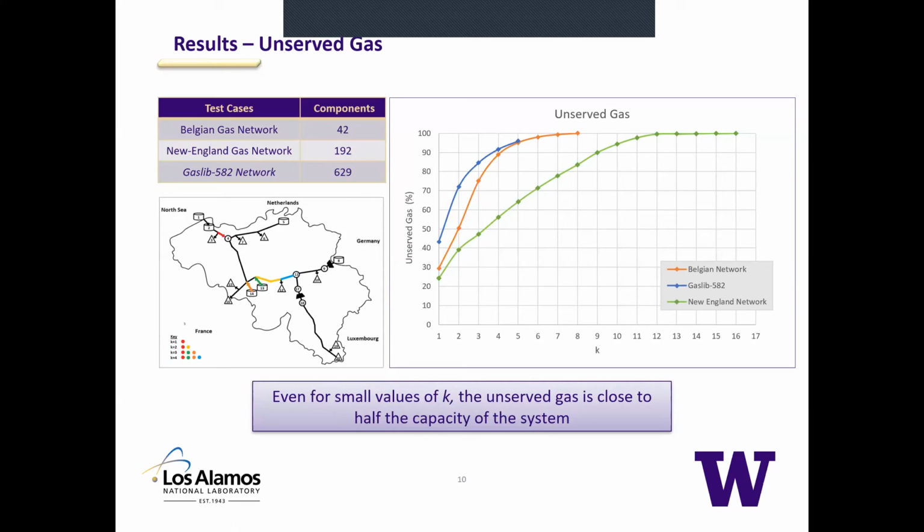And so this really lets us understand the vulnerability of having coordinated attacks or coordinated disruptions in the gas network in terms of loss of capacity to serve load. And to the left, you can see a diagram of the Belgian network, and we can track to the specific components that lead to this worst case scenario as we interdict more and more components simultaneously. Going beyond 4 or 5 components being damaged simultaneously